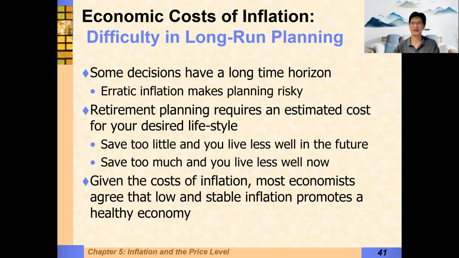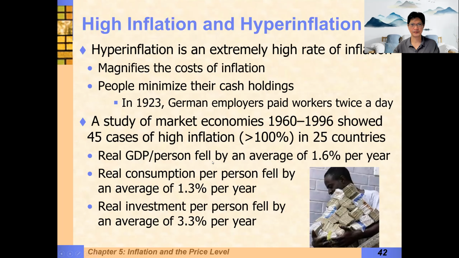Today, most countries have agreed on like 2 to 3% inflation. So that's what they're going with: 2 to 3% low and stable inflation. Now, when inflation rate is high, like I said, there are a lot of costs associated with countries that experience high inflation. Very high inflation is called hyperinflation. Their economies actually shrink. So hyperinflation is defined as inflation rate that's more than 50% per month.